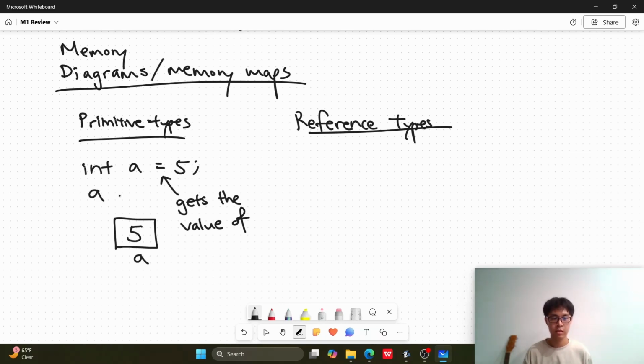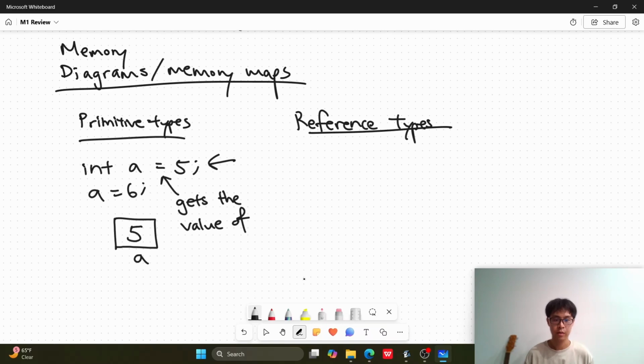For example, if I just do A gets the value of 6 now, then it will have the value of 6. That just means that you can always change the value of a variable. It does not mean equality. You can kind of imagine this equal sign like an arrow. A gets the value of 5. So you're putting 5 into the variable A. This is not necessarily how people say it. So the correct terminology of this might be